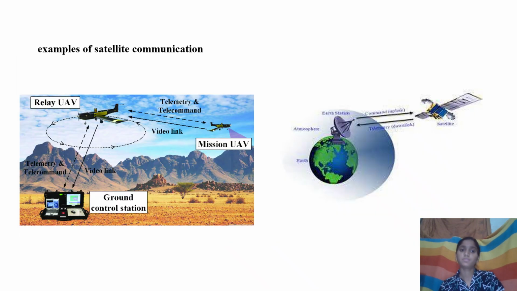These are examples of satellite communication. By using satellite communication, we can track the aeroplanes available around our Earth station. Also, by using satellites we have so many advantages: mobile communication, weather reporting, remote sensing, and TV channels also work using satellite signals. This is about the telemetry, tracking, and command system. Thank you.